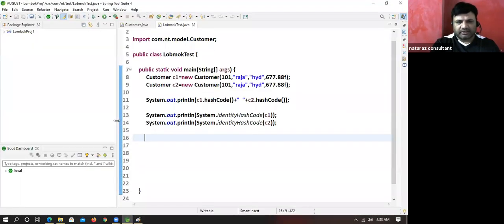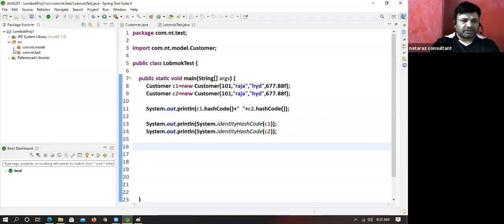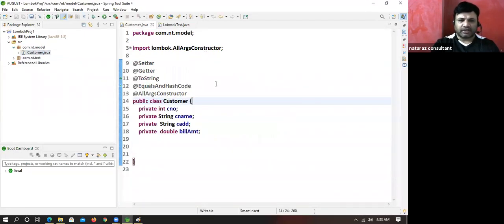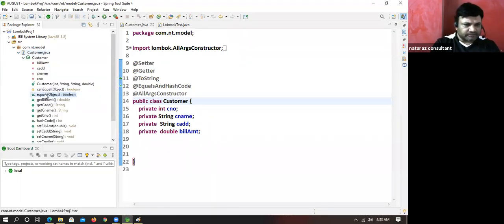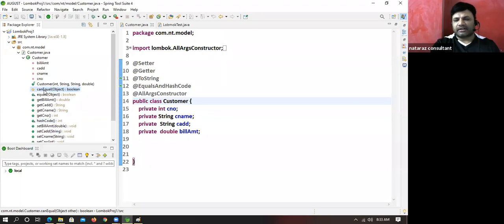So yesterday we discussed hash code. In equals and hash code, we have discussed the hash code part. Shall we get into the equals annotation now? Yes. So equals and hash code will give the equals method and the hash code method. But don't worry about the canEqual method here. It is also equals, but it is given as a protected method. We cannot use a protected method wherever we want, only in the subclasses. So don't worry about the protected canEqual method it is generating. It is the same as the equals method here, but it is protected.